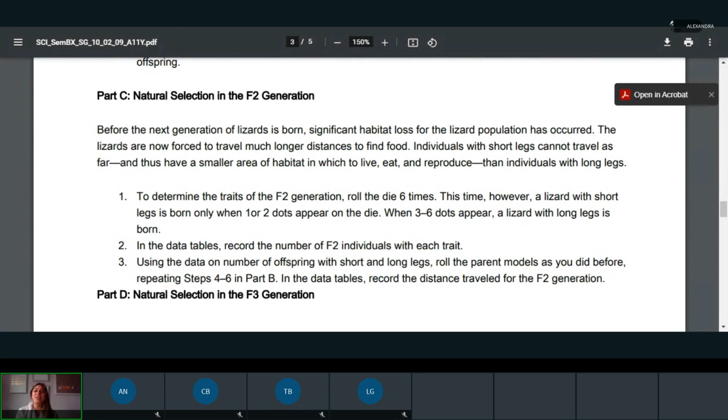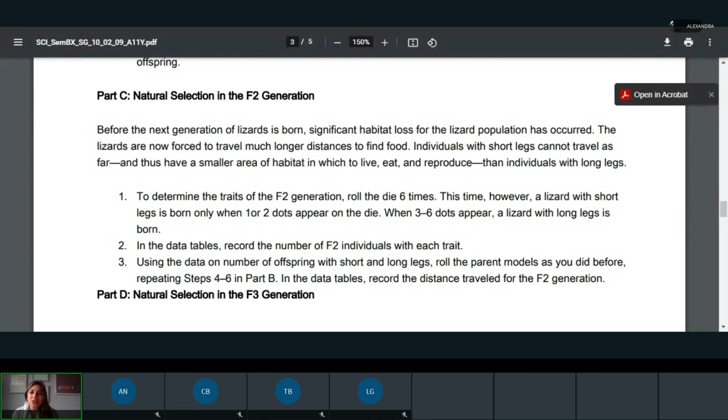And Elias, if you got 5 long and 1 short, you're going to do the same thing. You're going to turn the long legs 5 times and then measure the distance. And then you're going to turn the 1 short 1 time and measure the distance that it goes. Good. And then you're going to record it in that table. Interesting. We're getting different numbers, but we're still getting the same trend. I feel like that's really interesting. That's great, actually.